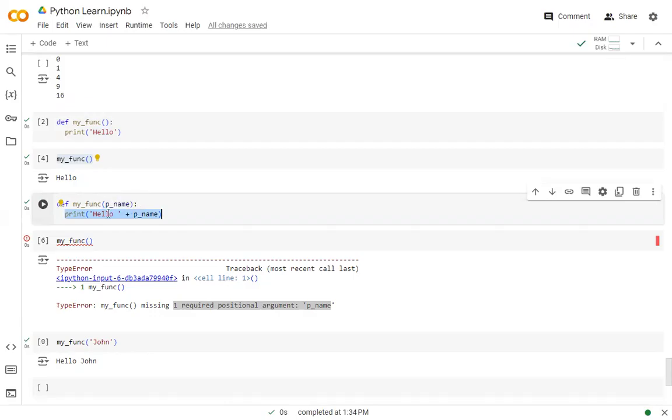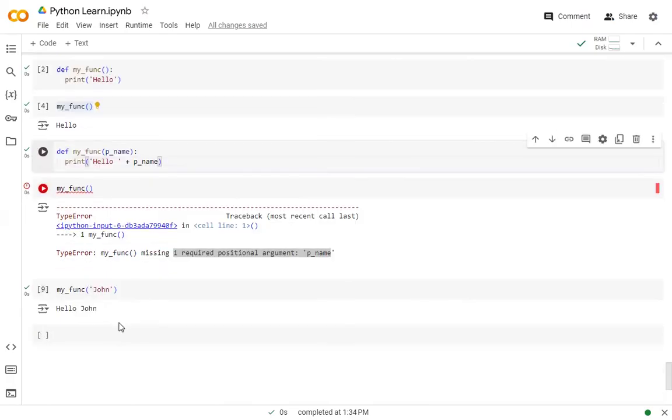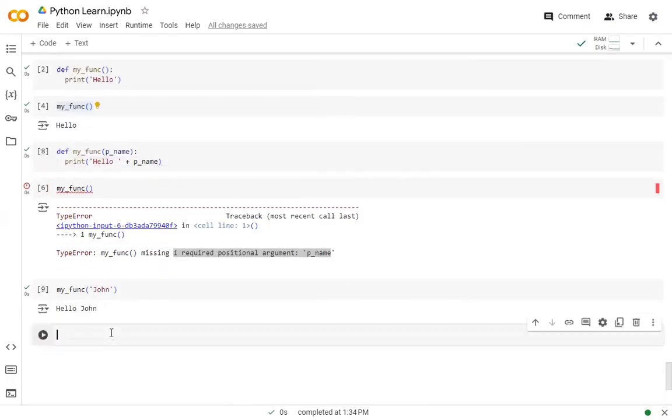Now, this is the second form of function. The first form was in which no argument was supplied. In the second form, we have supplied one argument. Now moving to the third form of this function, where you can also return some value using this function. But before that, let's say I don't want to give any value while calling this function. In that case,